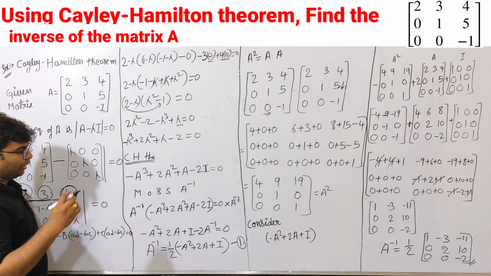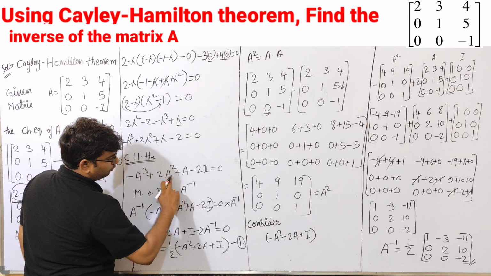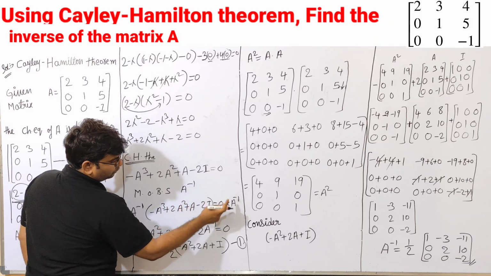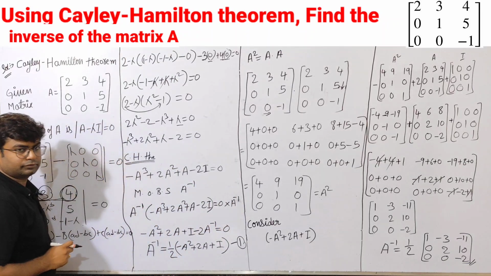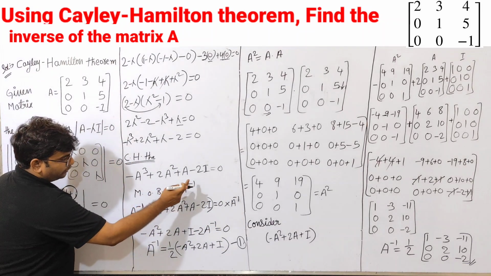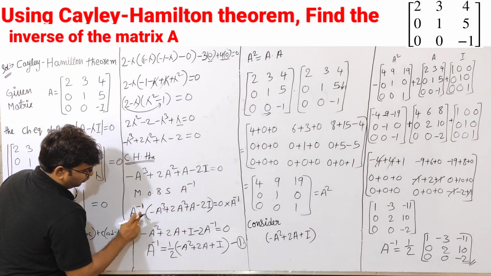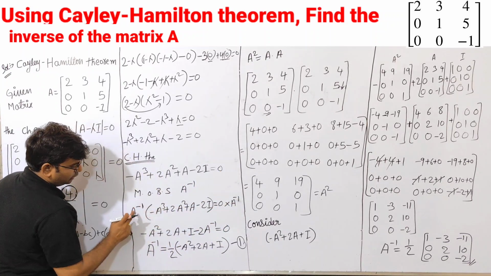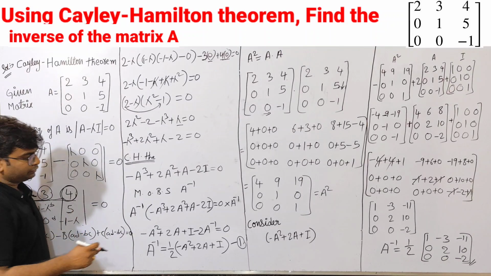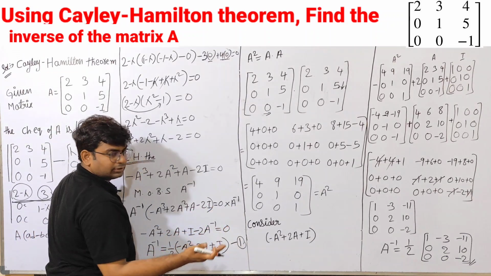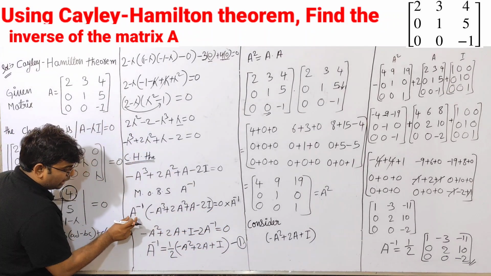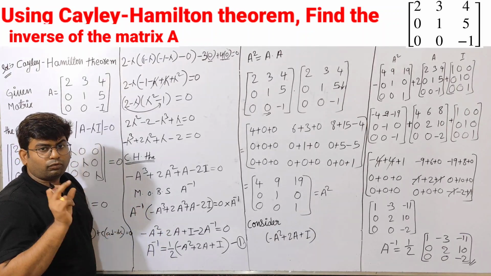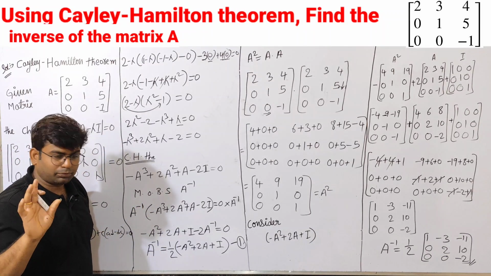After this, I am multiplying A inverse on both sides. See, A inverse into 0, 0 into A inverse. Now A inverse into this equation, I got like this. So now both sides, here A inverse, here A inverse I got. Now 0 into A inverse is 0. So A inverse into A cube, one A should reduce. That's it. That is a simple trick.